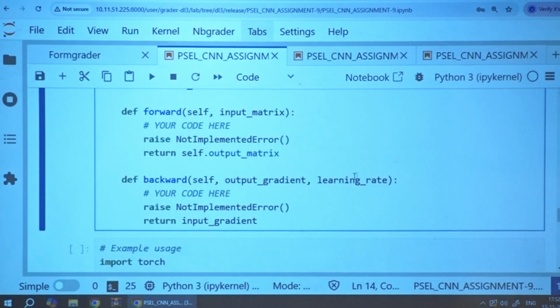Now the point of discussion is, here for consistency I am using the variable learning rate. But as I said, the pooling operation is not doing any parameter updation. You can skip this also, but for consistency of professional formatting, we just used the learning rate. We are not going to use it and we are not updating any parameters.